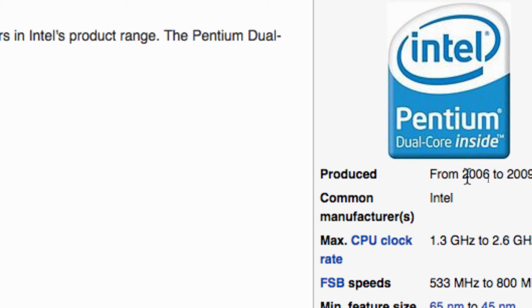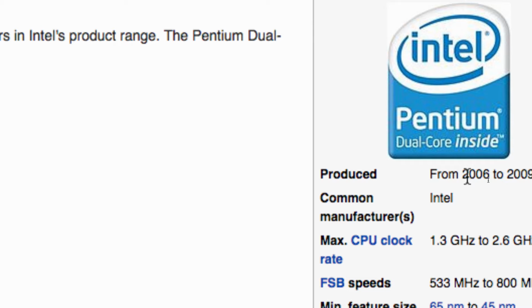Prior to 2006, there really weren't any multiple core machines. Prior to 2006, no significant programming languages had been created to take advantage natively and easily of multiple cores. 2006, this is important, first dual-core Pentium processor released by Intel. 2007, Google starts creating a language to easily and natively take advantage of multiple cores. Go is the first programming language to take advantage of multiple cores super easily, right? So its credentials are the first thing that impressed me, created by Google.